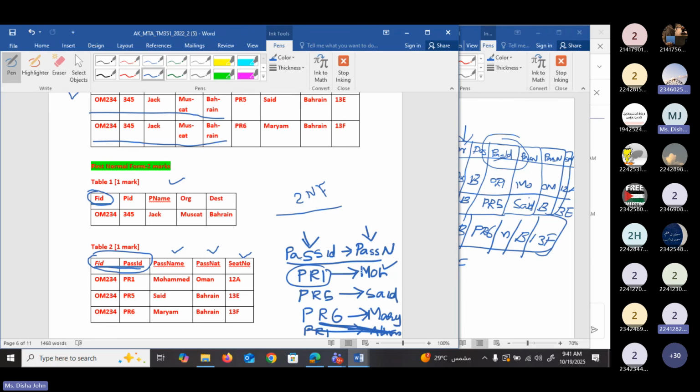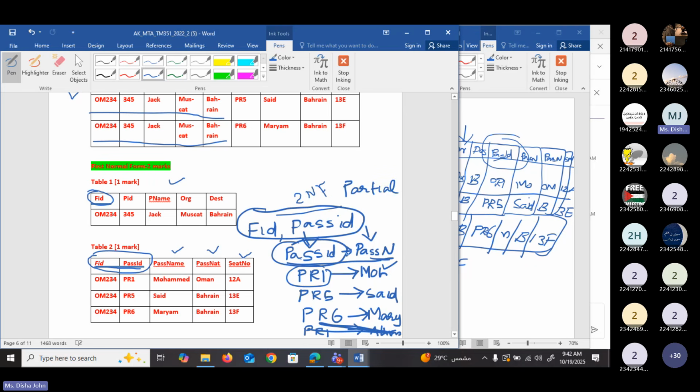Yes. So if there was a functional dependency, it's not in the second form. No, this is not like that. Here you can see, what is the primary key of table 2? The primary key of table 2 is flight ID and passenger ID, right? Yes. Okay, so passenger ID is a part of the primary key, right? Yes. Okay, and passenger name is a non-primary key column. So if a non-primary key column depends on a part of the primary key, this is called partial dependency. Do you understand what is meant by partial dependency?